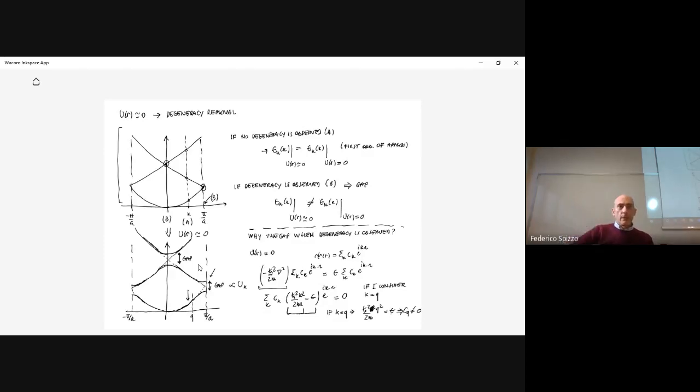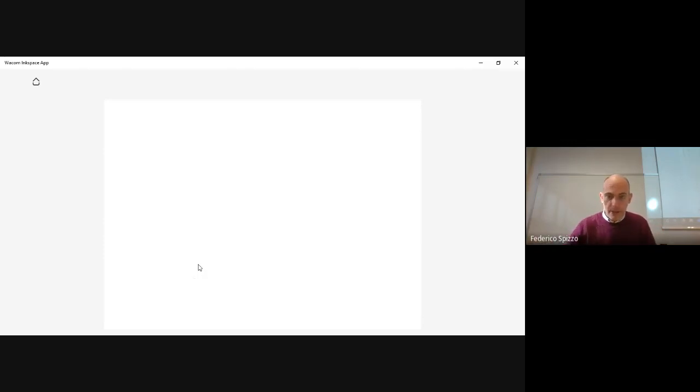For any other value of the wave vector, the parenthesis is not 0 because the energy is different from the Q value. So the coefficient has to be 0. So the conclusion is, if you have no degeneracy, just one plane wave survives. So if you have no degeneracy, of all the combinations that you put into the Schrodinger equation to find a solution, just one term survives. Differently, if you have degeneracy,